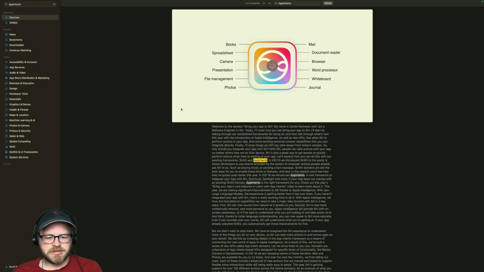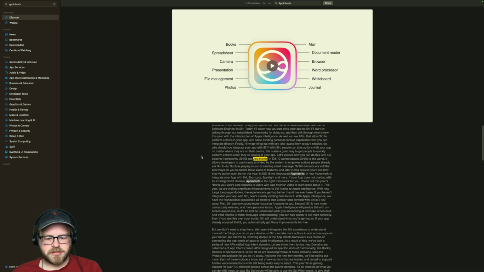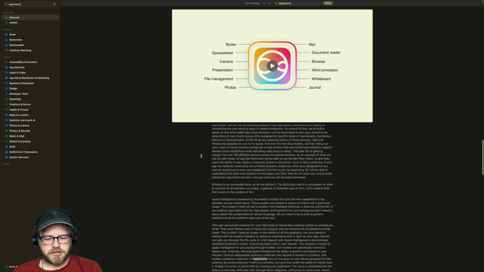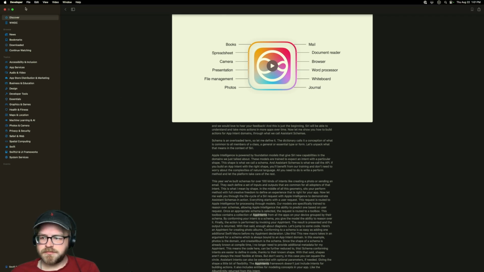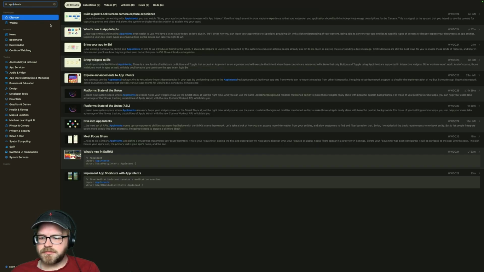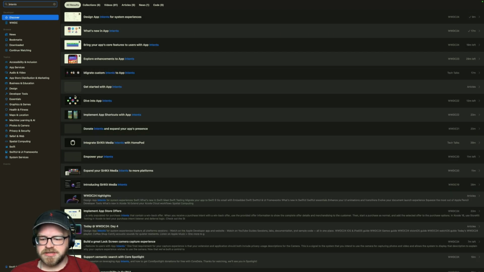Bring your app to Siri. This is not at all what we want. What I'm looking for is like design type articles, or sorry, videos.